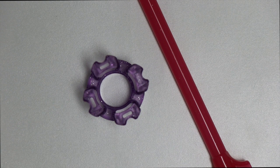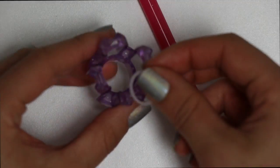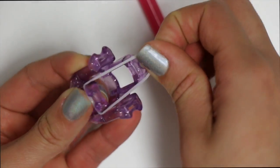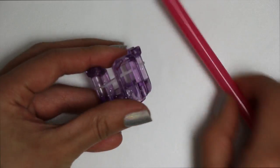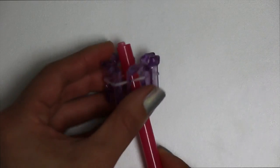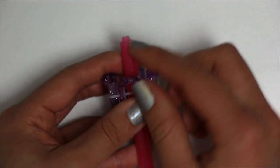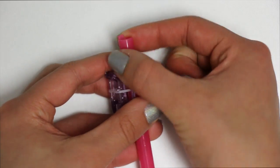Okay, so I am first starting off with my finger loom and my guide tube, and we are going to go ahead and take our first band. By the way, we will be making a fishtail today, and slide that on. Now I'm going to take my guide tube and insert it into the finger loom like so, and then I'm going to take this end here. As you can see, there's a little raise or a little catch or hook in the guide tube,